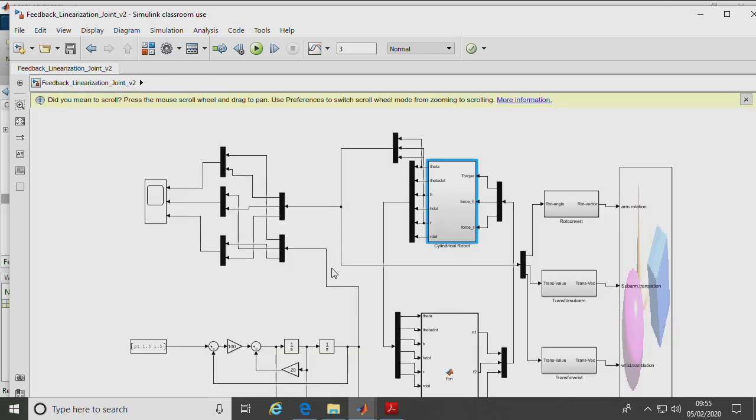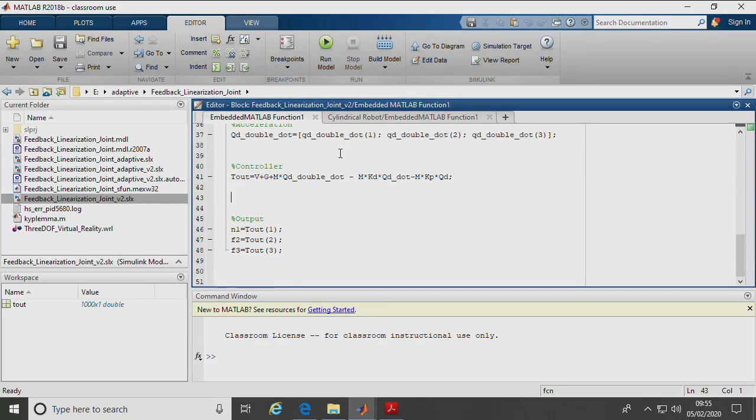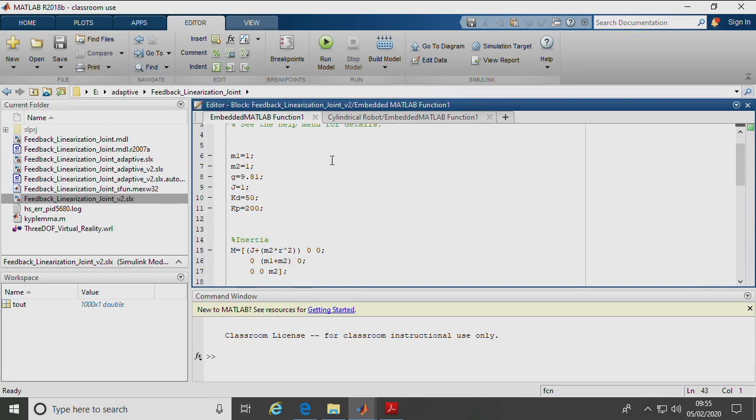So what we can do, for instance, at the moment the controller assumes that we have a mass, the masses are matching. Yeah? At the moment the controller knows exact masses and also exact inertias. J here in this case is an inertia. So if I know the exact mass, well then things work out nicely.